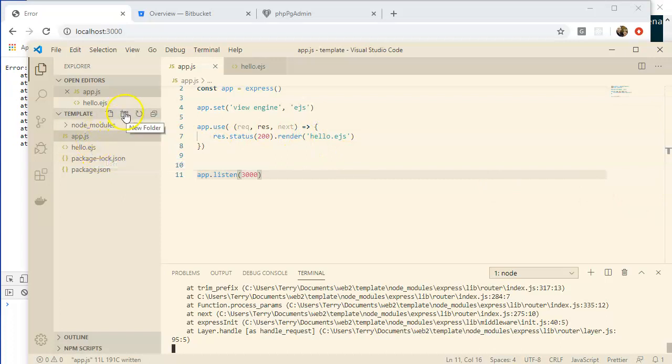So right here, I'm going to say new folder. I'm going to create a new folder of views. We wanted to organize it this way anyway. I'm going to move hello.js into views, and